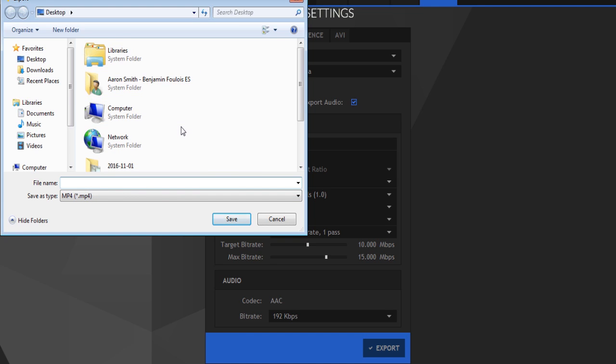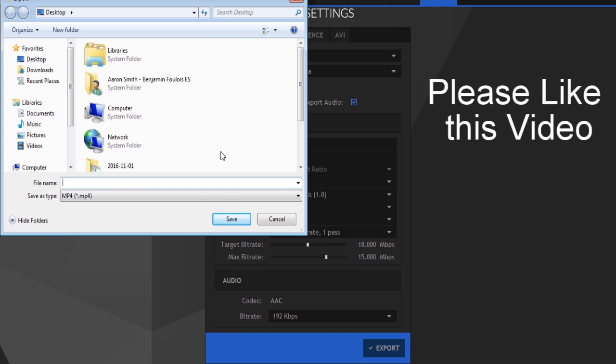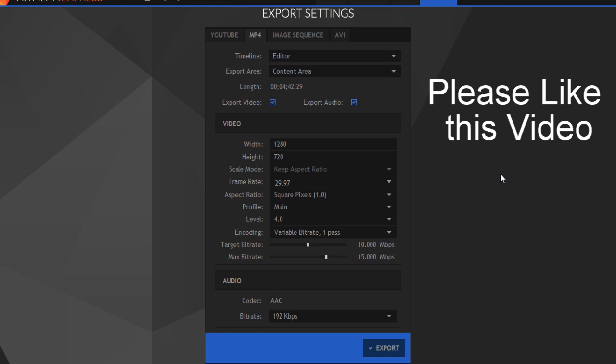Keep in mind where you're exporting the file to, and keep in mind what you have named it, because a lot of students accidentally upload the Hitfilm file as opposed to the exported MP4, and one of those I can grade, the other one I can't. Also, make sure your export is completely finished before you upload it, because if you upload it to Google Classroom before it's finished exporting, I'm not going to have a complete video. I might just have a little bit of a placeholder that actually contains no video whatsoever. So make sure that export has finished first. So that's the bare